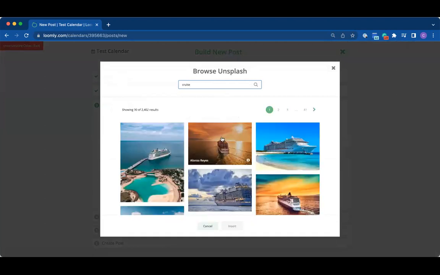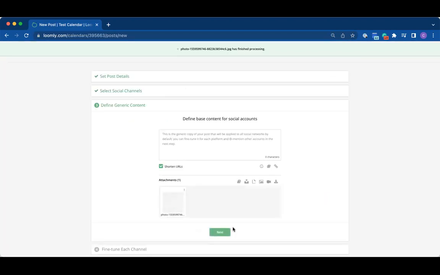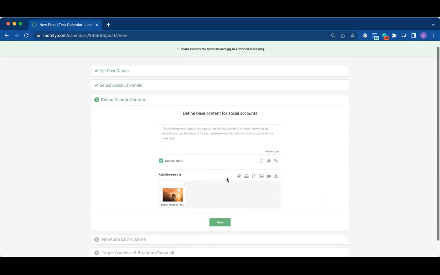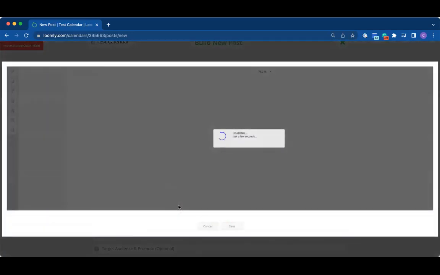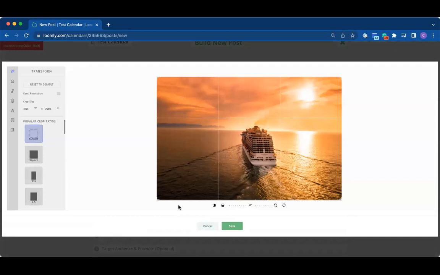That looks like a great picture. Insert. Alrighty then. Once the image is loaded, if you click on the image, you will be able to access Loomly Studio. In Loomly Studio, you can crop the image with a custom resolution or with popular crop resolutions for each social media channel. So you will see if you scroll down, you'll get Facebook, Twitter, and other